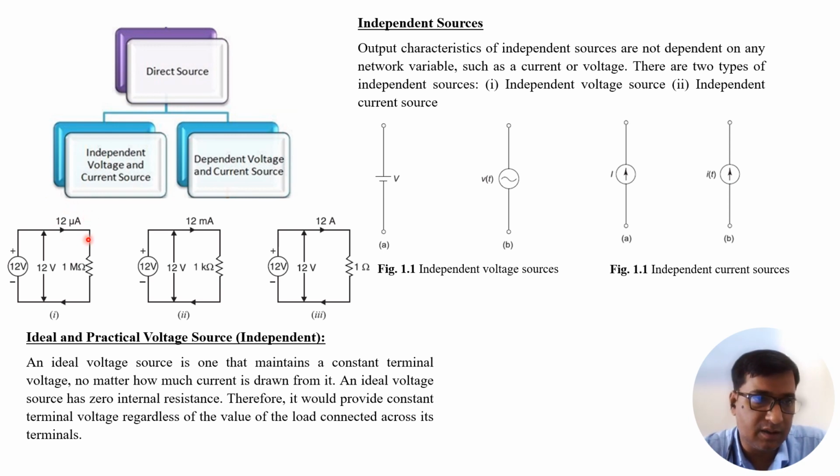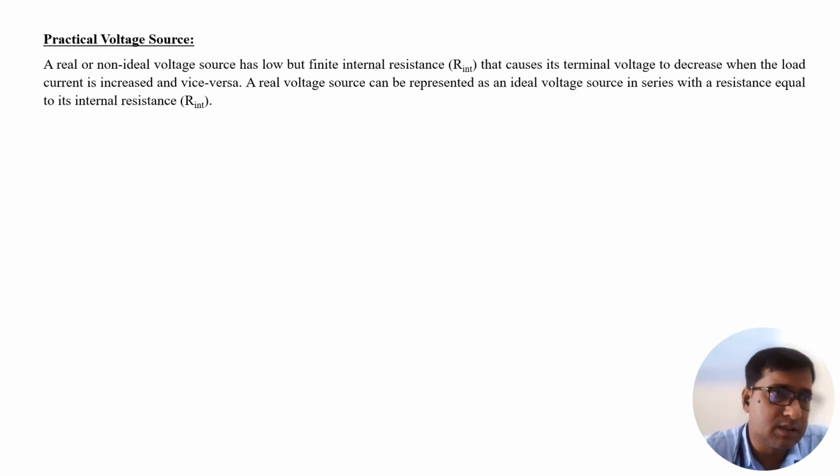It means that whether the current is in the range of microampere, milliampere, or ampere, the voltage across its terminal will be constant. Now the practical voltage source. In practice, there is no ideal voltage source available. As we keep the load on the higher side, the voltage starts dropping across the terminal. It means in the previous case, as we saw, the load is either mega ohm, kilo ohm, or ohm, the